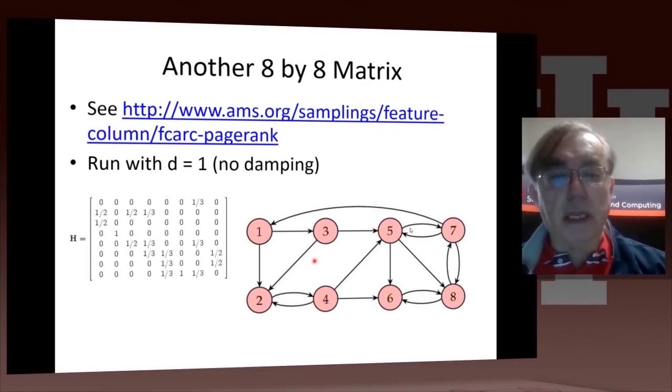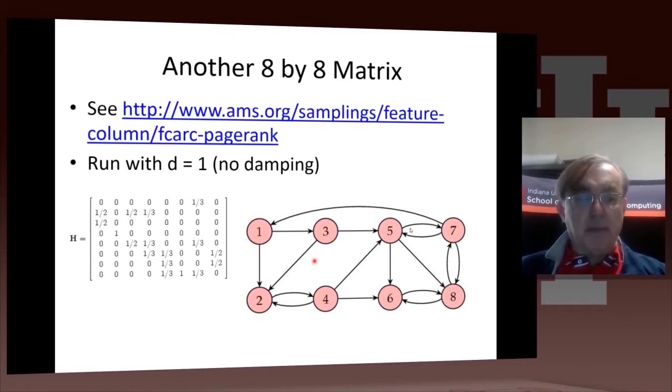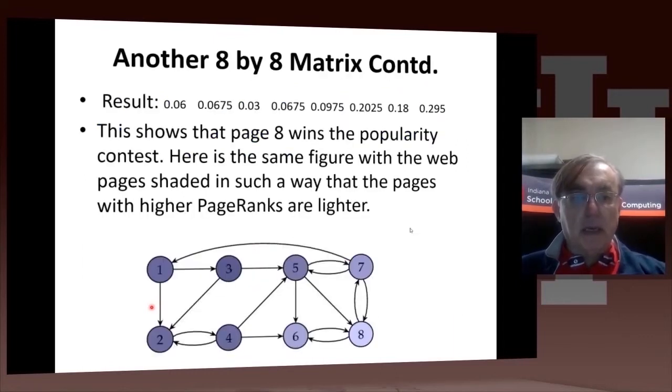And this is the second 8x8 matrix, which you got from an AMS website. I don't quite remember why, but they did not want any damping in this case here. I typed it into the Python code as a preset definition, and then we ran it, and we got this